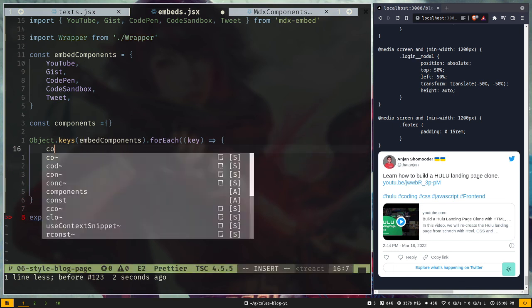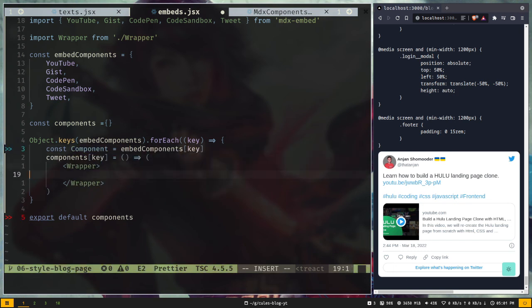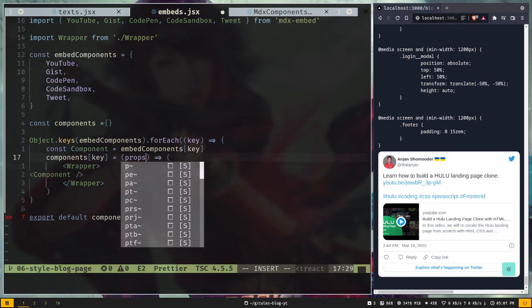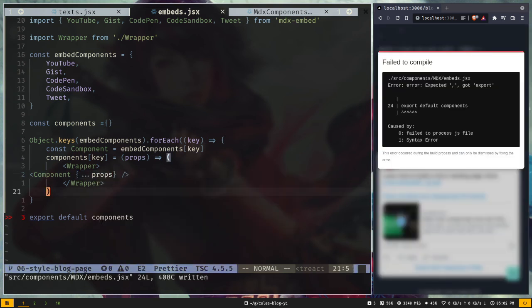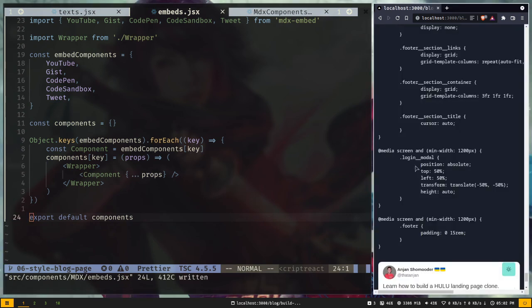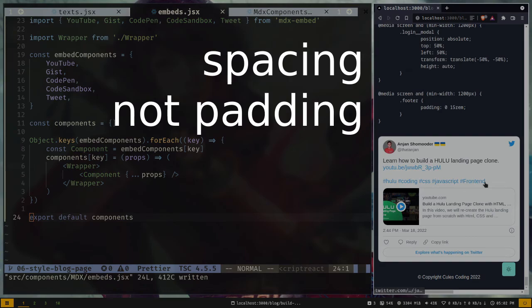So const Component equals embedComponents key, and I will just insert the component, and obviously I have to get the props, and I'll spread out the props. Oops, at the end we have to add a closing parenthesis. Now it will work. And you can see that on top and bottom we have some padding on our tweet